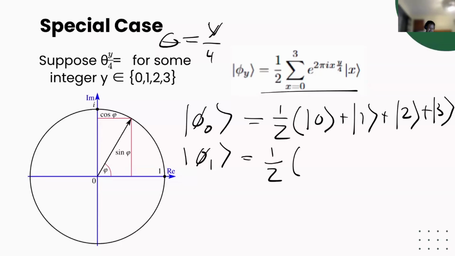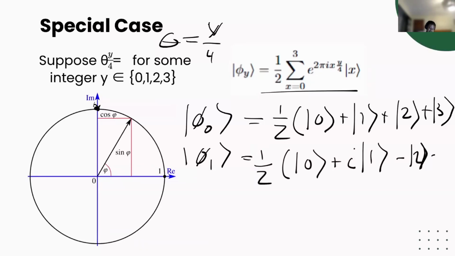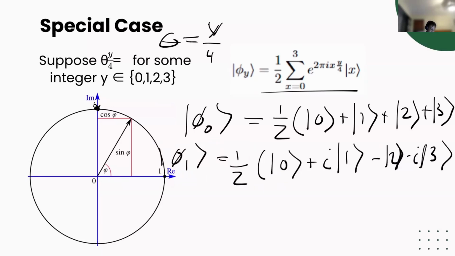So when 2 pi, so at x equals 0, this will always just be 0. But when we move to this next state, we'll have 1 times 1. So this equates to, we divide that by 2, so it's pi over 2. So the value is pi over 2i. And we remember that pi over 2 is this value here. So we can say that this is going to be i times 1. In fact, this one will be -2, and this will be -i3. So we can do this for all of them too.